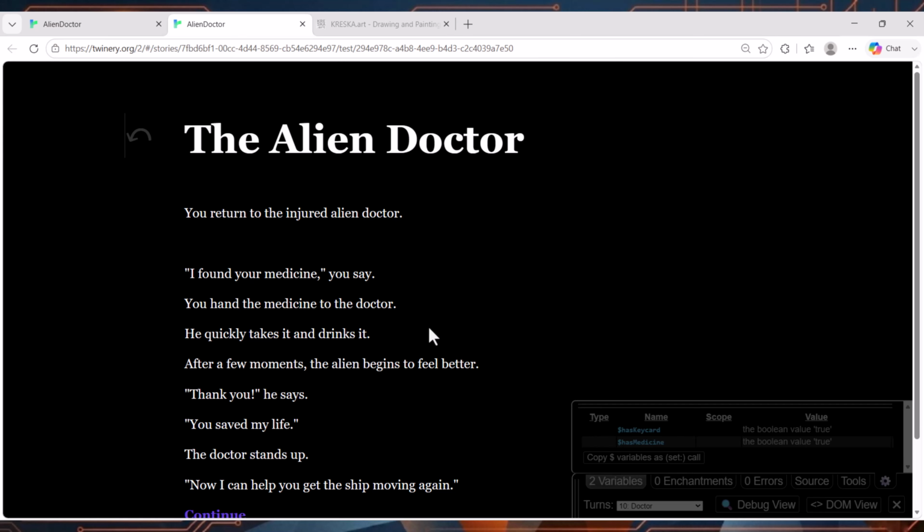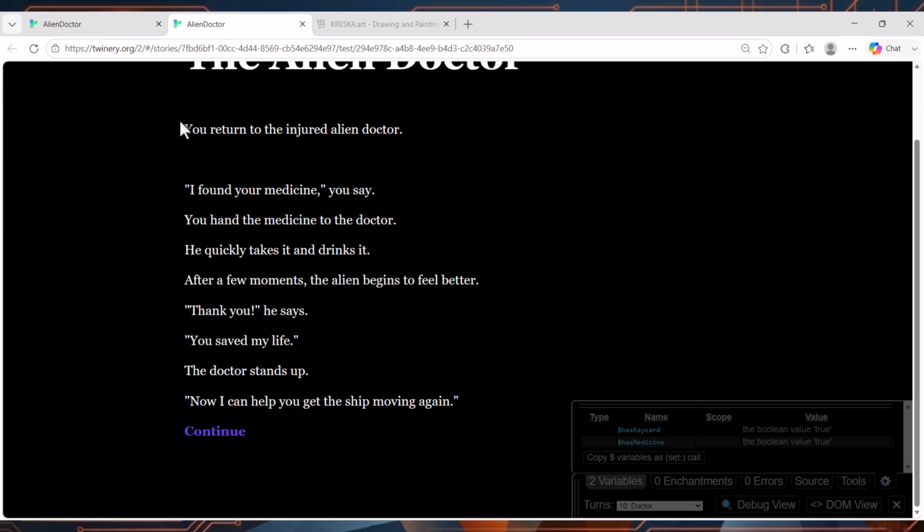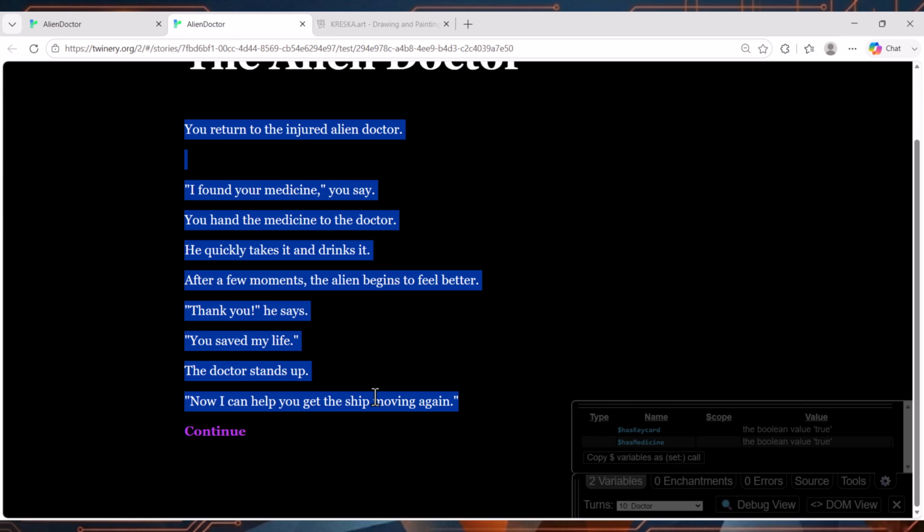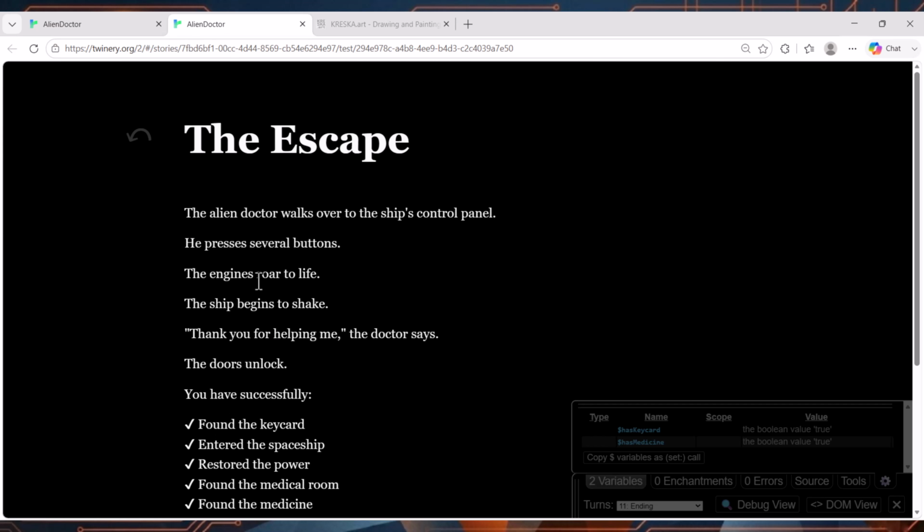And you can see my variables updating here. And you return to the injured alien doctor. I found your medicine. Now I can help you get the ship moving, continue, and then that's the end of